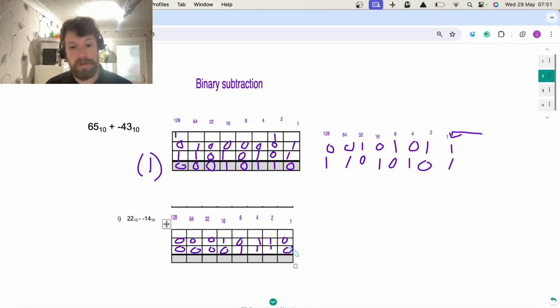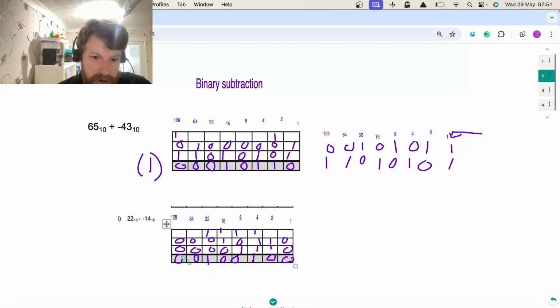And then all you have to do is then just do normal binary addition. So 0, 0, carry the 1, 1, carry the 1, 0, carry the 1, 0, carry the 1, 1, 0, 0. Okay,